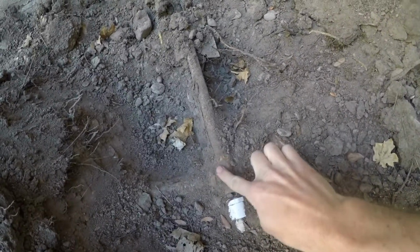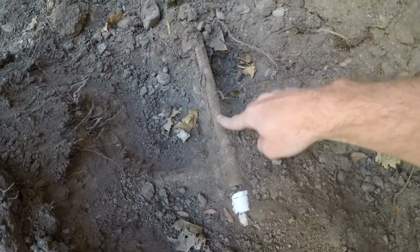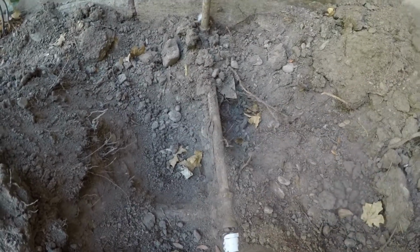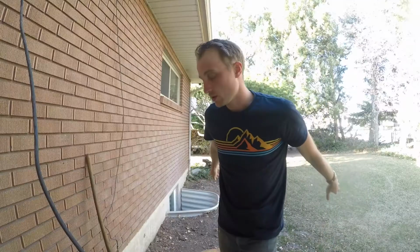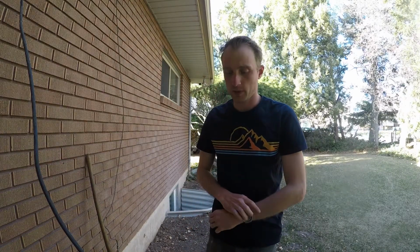I don't know if you can see this, but this is a metal T here. So we're gonna cut this and then unscrew it from here, and then we're gonna put in our conversion to drip here. The hoses will run there. All right, once we get the setup for the drip, before we put the hoses, we're gonna lay landscaping